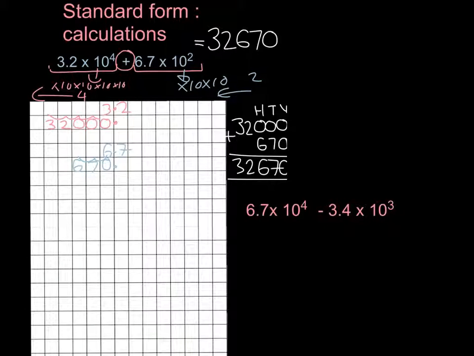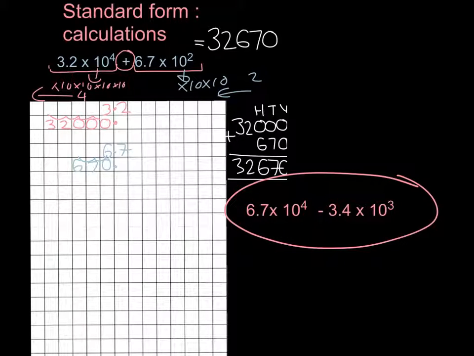Okay, so subtraction works the same way. So if we look at this question over here, 6.7 times 10 to the 4, same method, 6.7, moving it 4 places, 1, 2, 3, 4 is 6, 7, and then the decimal point doesn't move, so I need to put 3 zeros, so 67,000, and then 3.4, moving it 3 places, 4 follows,